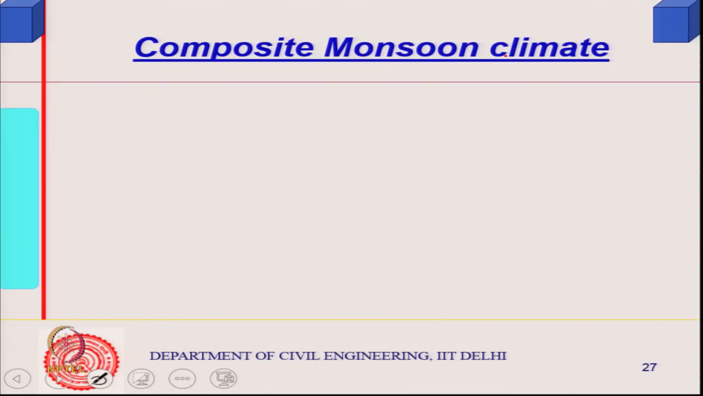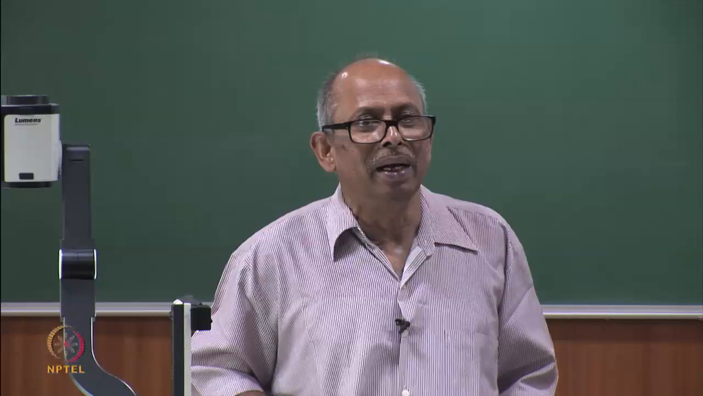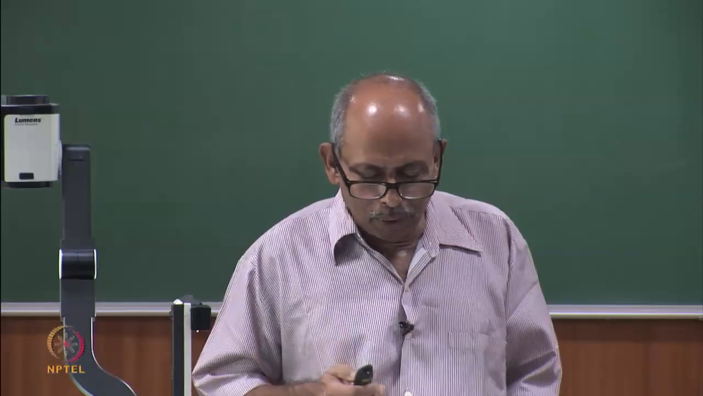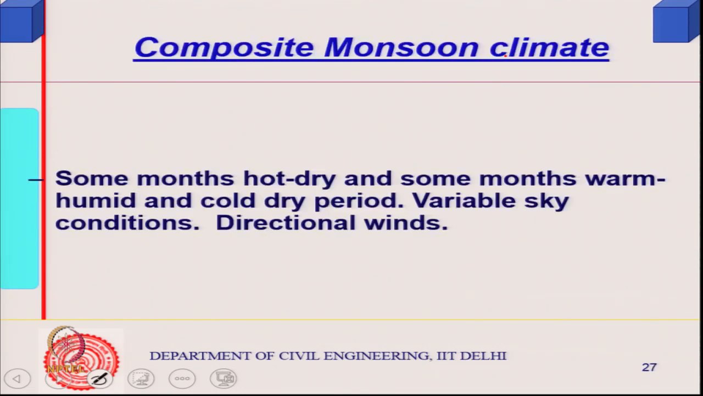Now, when I say composite monsoon climate, it means it is composite of the two, both features are there. So, composite monsoon climate, you will have some hot dry months, some months warm humid, and some months cold dry period as well. Now, this is because of Himalayan scenario. For example, if you consider North India, North Central India, you have a dry summer,